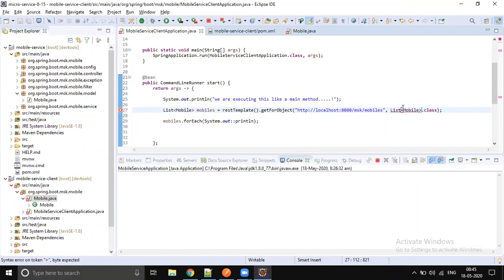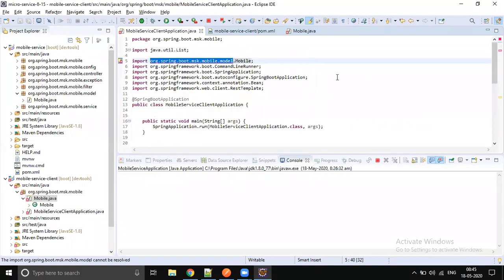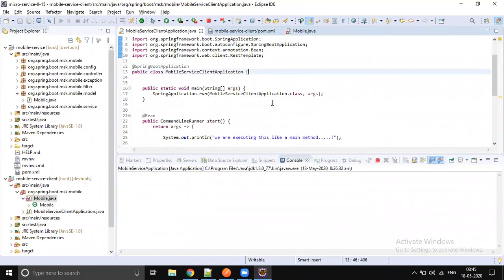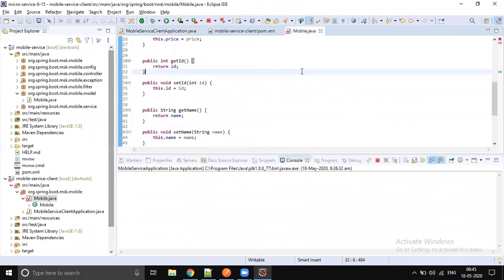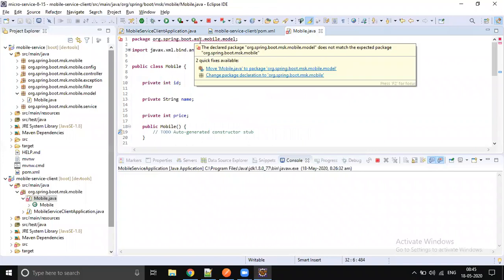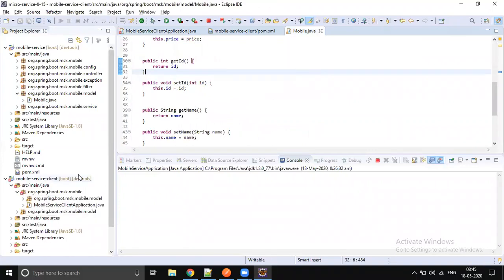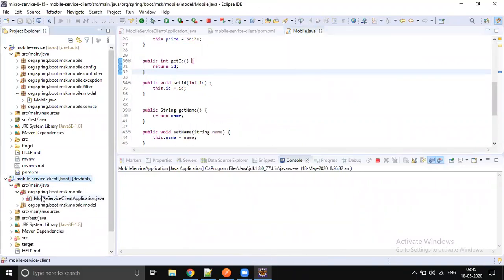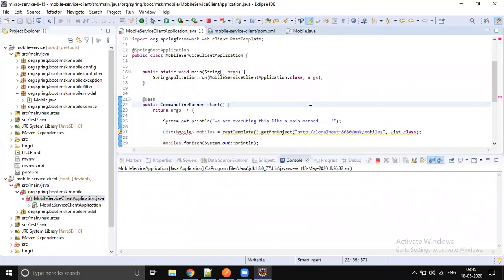The class declaration is not allowing this Mobile, so let's get it instead of class. And let's run this code. There is some working. Let's move this into the folder, press this, just import that Mobile here.